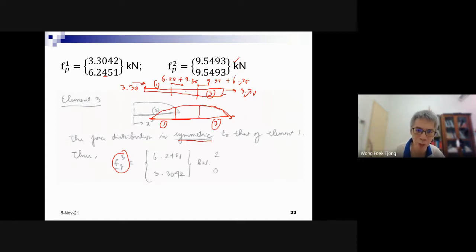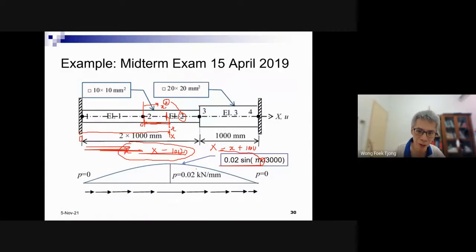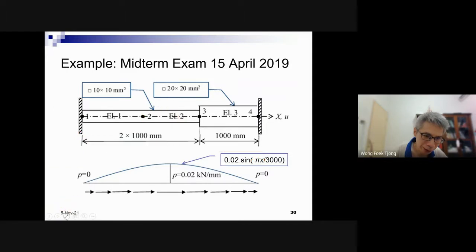So in practice, what usually people do, if you are using SAP 2000, of course, SAP 2000 doesn't have sinusoidal, but we can approximate with whatever force distribution your software allows. For example, only quadratic, just like in the software that I created myself in MATLAB, and I give it free to you. So you are lucky, right? My software is quite powerful but free, for students, because you are my students. If you are not my students, you have to pay.